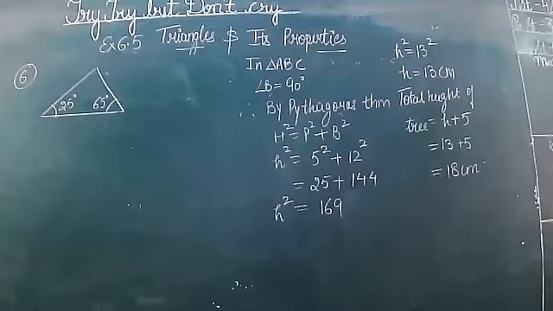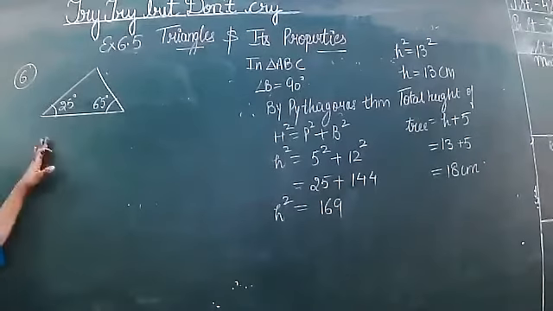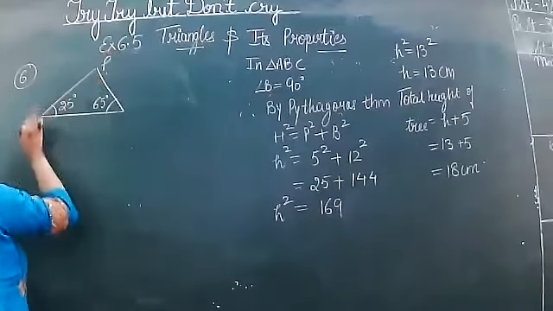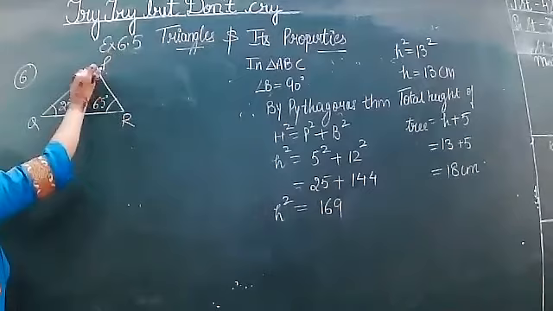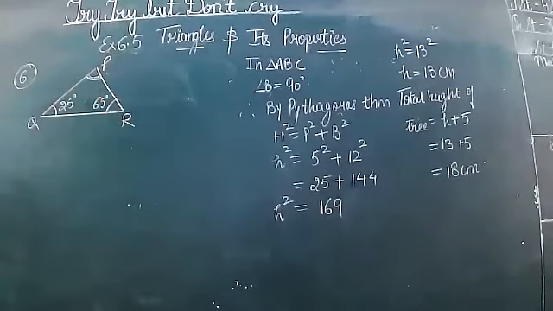Now look here. Angle Q and R of the triangle PQR is as given, 25 degree and 65 degree. 3 statements are given and you have to tell me which one is the correct statement. Now look here. As the name of the triangle is PQR, can we find this missing angle? What is the sum of all the 3 angles of the triangle? So we can find the third angle by angle sum property.